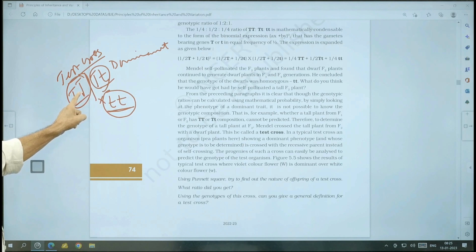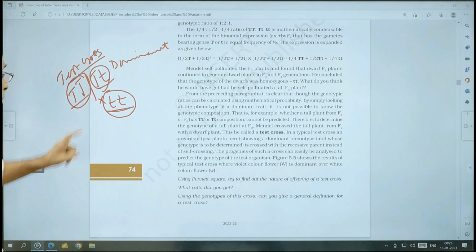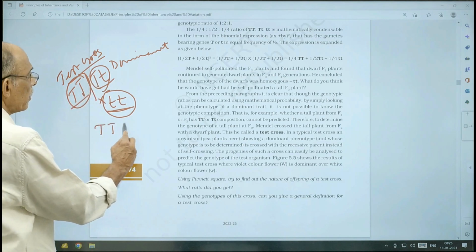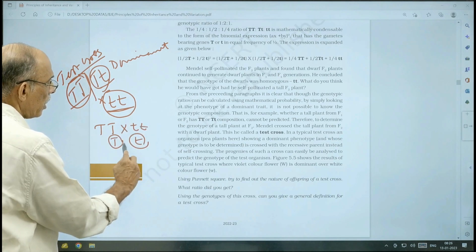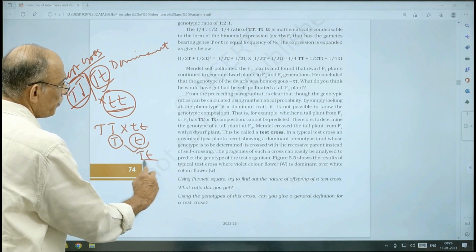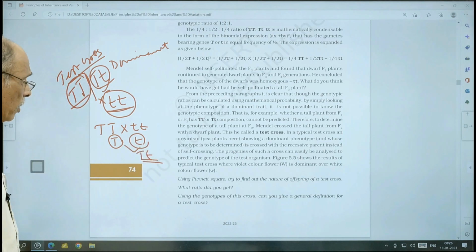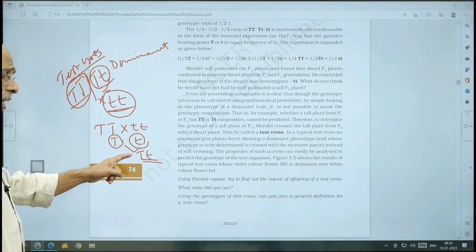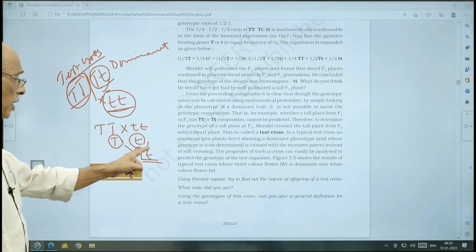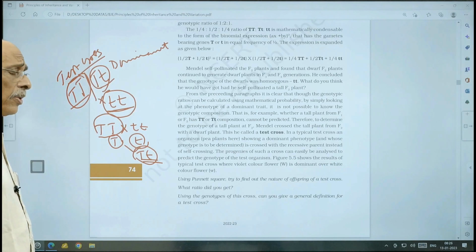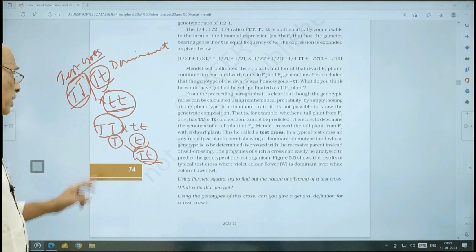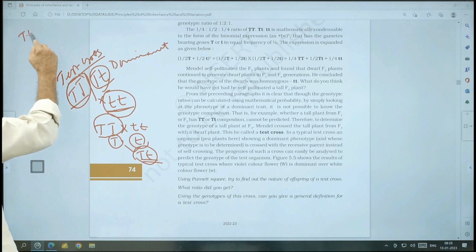Whether the tall plant is homozygous or heterozygous, we do not know. Suppose this plant is homozygous, then after this test cross we get only the dominant character, the tall character. Suppose after the test cross we get only the tall dominant character, then the unknown parent in question is homozygous. Suppose it is heterozygous condition,